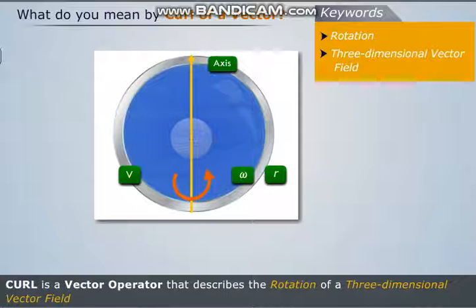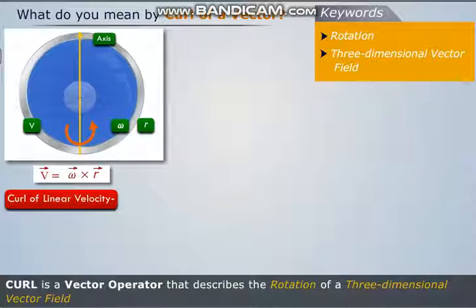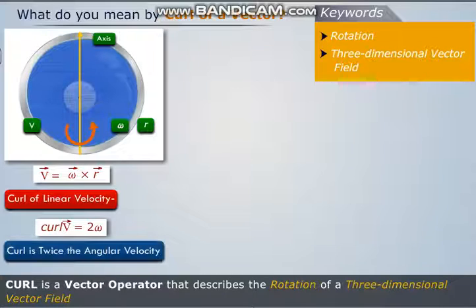Since the ball is rotating, its linear velocity will be v equals omega cross r. Now, if we calculate the curl of the linear velocity of this ball, we get the following. From this expression, we see that the magnitude of curl of linear velocity is twice the angular velocity. Thus, curl gives the rotational property of an object related